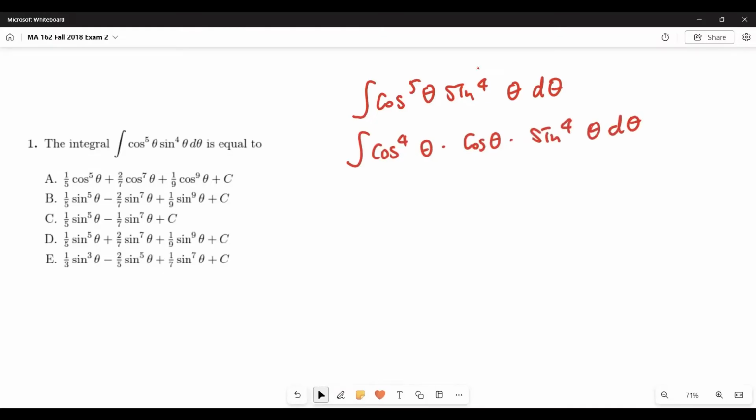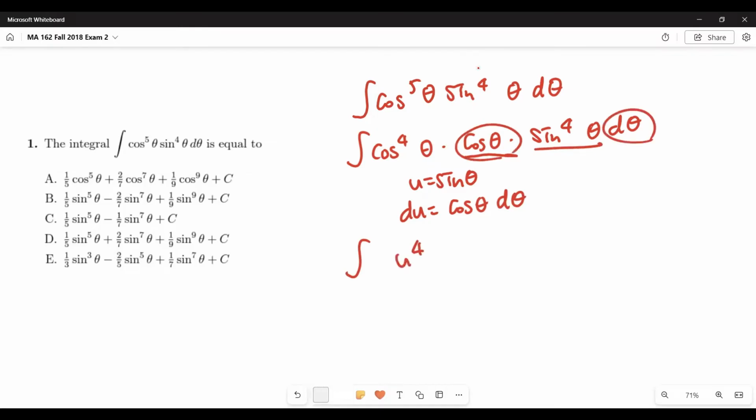And we're going to put u as sine theta. The only reason that we're putting u as sine theta is because cosine theta is alone and sine theta is an even number. So u is sine theta, and then du is cosine theta d theta. And then this will become u to the fourth, and then this becomes du, and then we have cosine